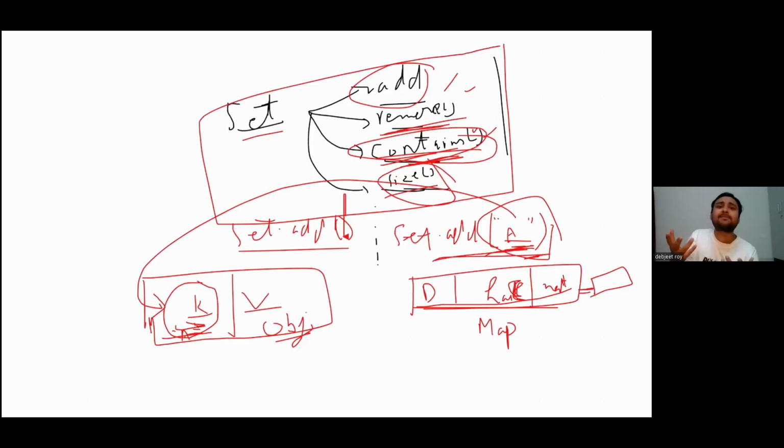Linked hash map or linked hash set we have to make use of when we have to maintain the insertion order, because normal hash set or hash map doesn't maintain the insertion order. It will maintain the uniqueness, but not the insertion order. For that, we need the advanced version of hash set, that is the linked hash set. And tree set we have to make use of when you have to make the data comparable. If you want to add data in a sorted fashion, then you go ahead with tree set